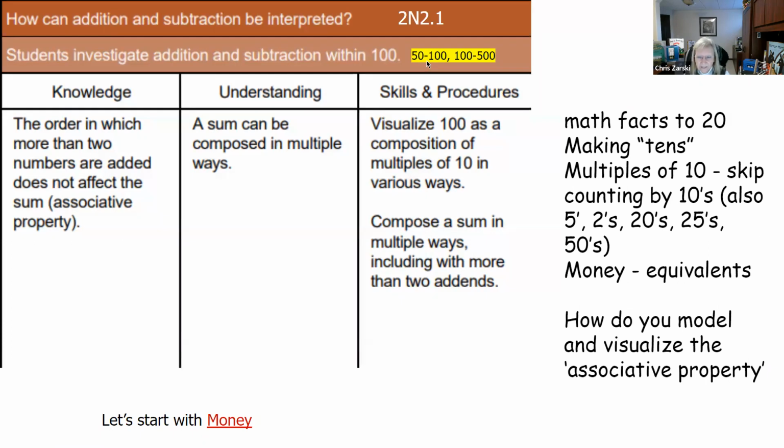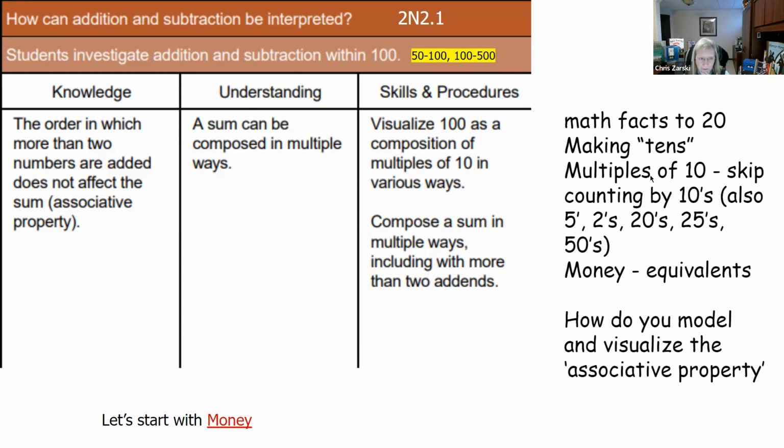If I can't navigate and understand place value within 100, I'm not likely to be any more successful when you move me into 200, 300, 400 or beyond. So understanding the 100 and everything encountered within the hundreds is really the foundation that we need to build on. And if we need to spend a little more time doing that, then we do that.